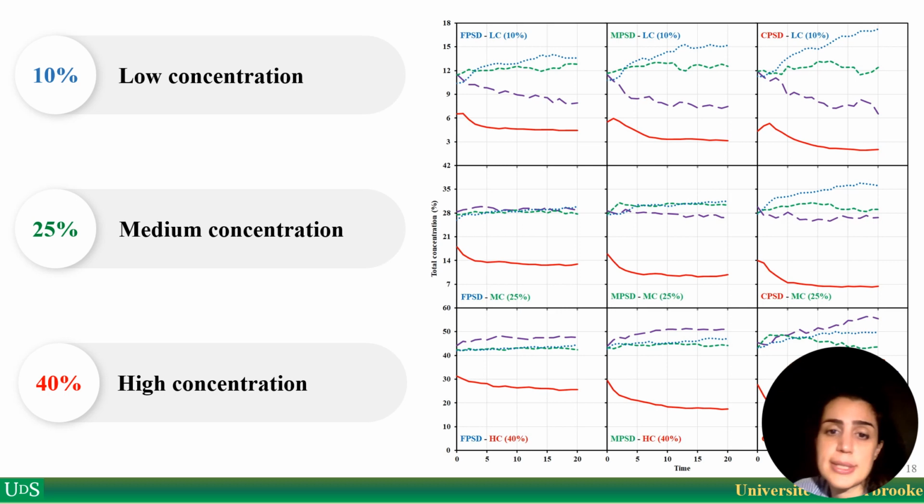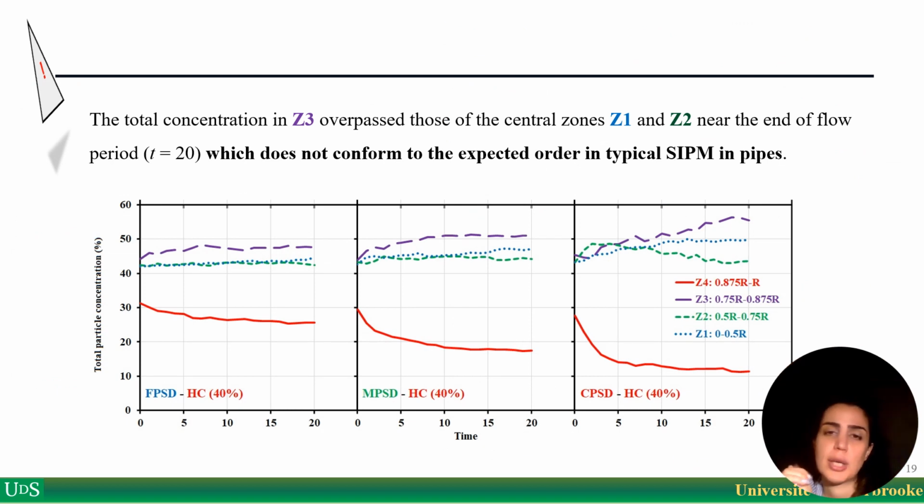But we didn't see these kind of results for the medium and high concentration mixtures. Here you can see in more detail what I said in the previous slide. Here you see the evolution of particle concentration for the highest concentration mixture, which is 40% concentration. As you can see, over time, the highest particle concentration happens in zone 3, which is not what we